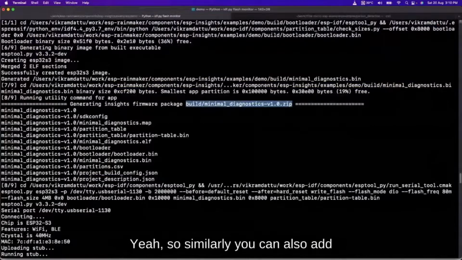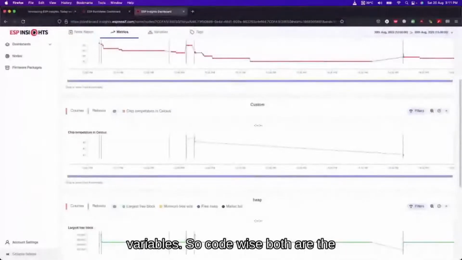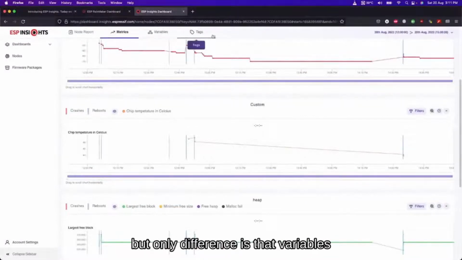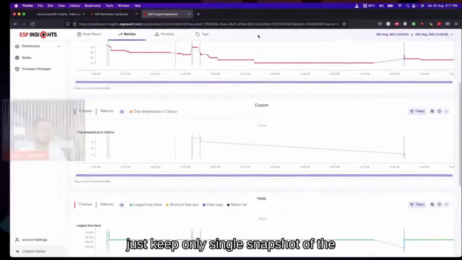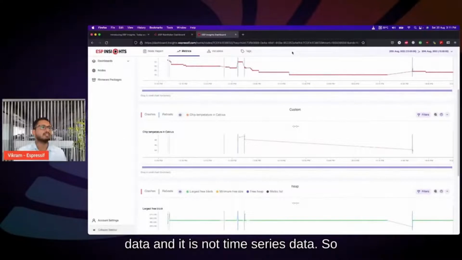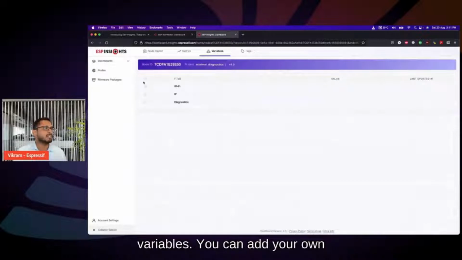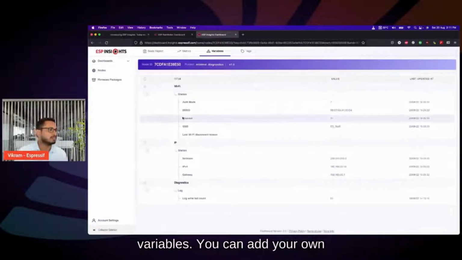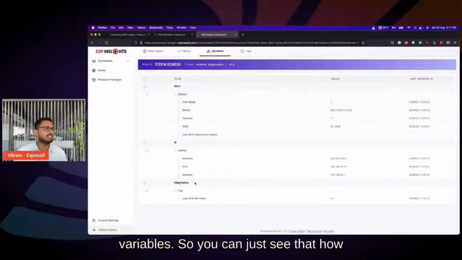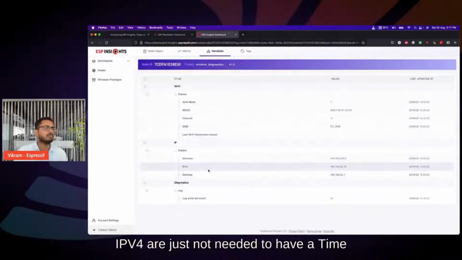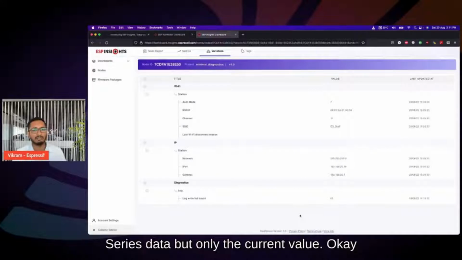Yeah, so similarly, you can also add variables. Code-wise, both are almost the same thing, but the only difference is that variables just keep a single snapshot of the data, and it is not time series data. So you can see here there are some system variables. You can add your own variables. You can see how SSID or IPv4 do not need to have time series data, but only variables. Okay,